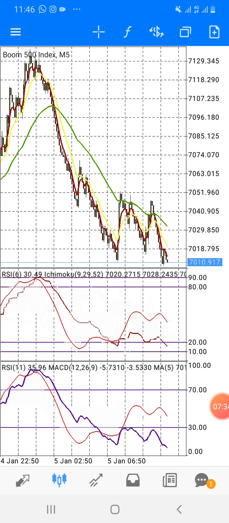So if you manage to go through these settings, we can now get into when to buy and when to sell, right? Remember, this is a strategy for boom and crash, for both boom 1,500 and for both crash 1,000 and crash 500. But with this strategy,